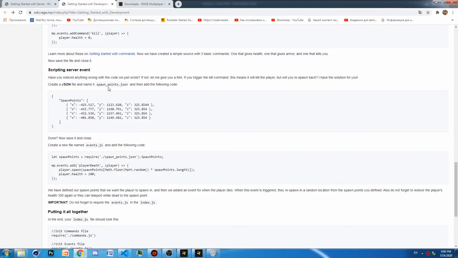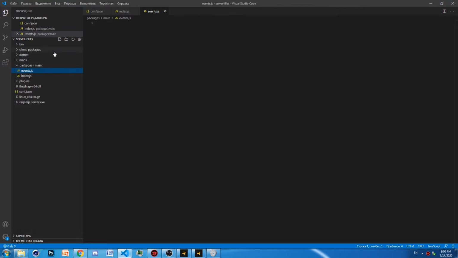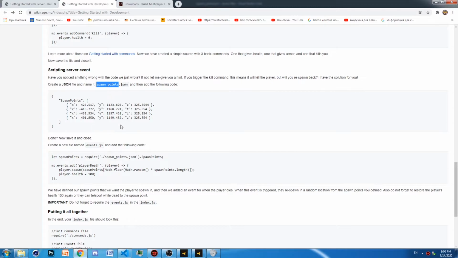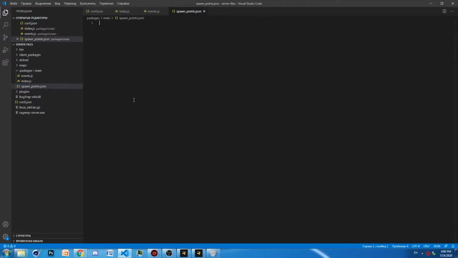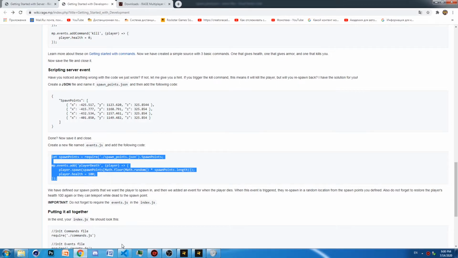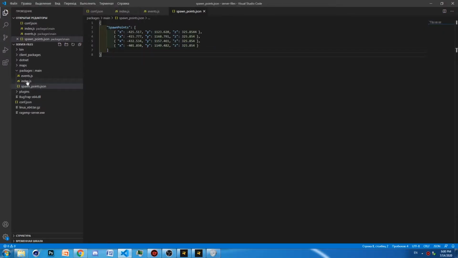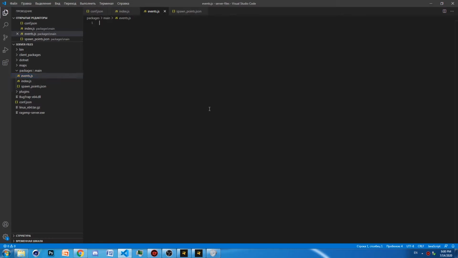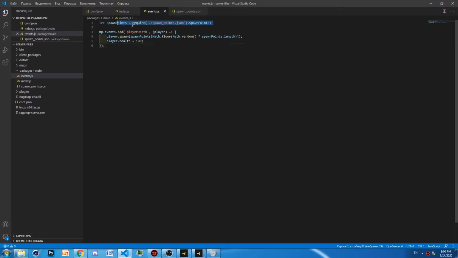To make this thing we will need a spawn points JSON file, so let's make it. In this file we will just keep all the spawn points. Let's just copy it, why not? I don't want to make my own. You can do it, but I'm making an example, so I don't find it needed now. Here we require the spawn points JSON file